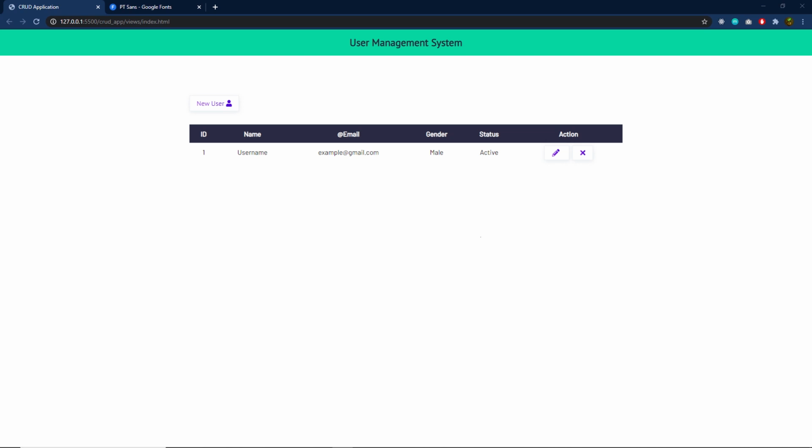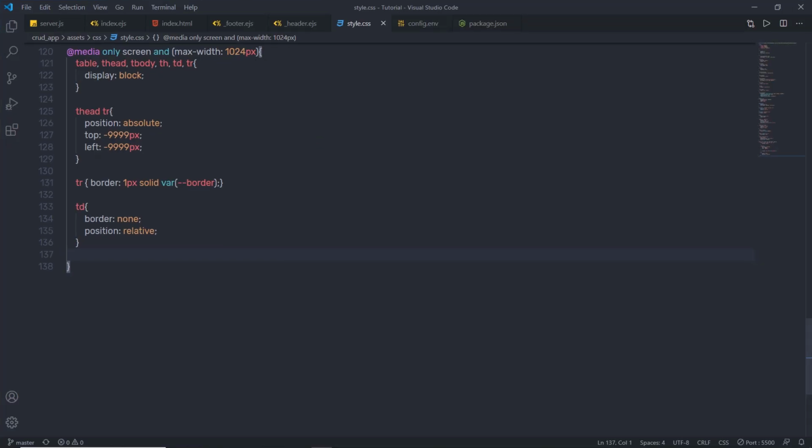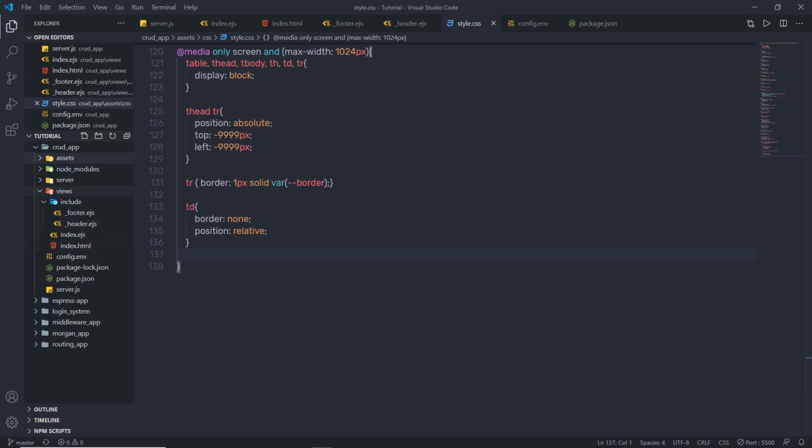Now, once you understand how to make this table responsive, let me show you how to create a new user form in this project. So when you click on this new user button, I want to navigate user to the new form where the client can specify their username, email, gender, and status. So I'm going to create a new form where the user can specify their information. So I'm going to just back to my editor, and inside this views, I'm going to create a new file and name this file add